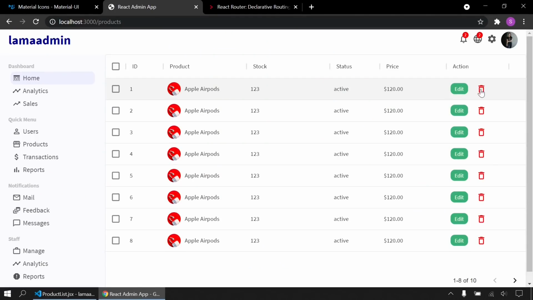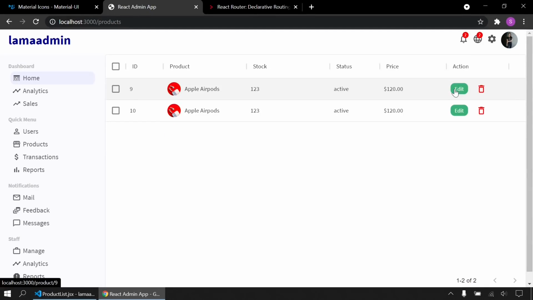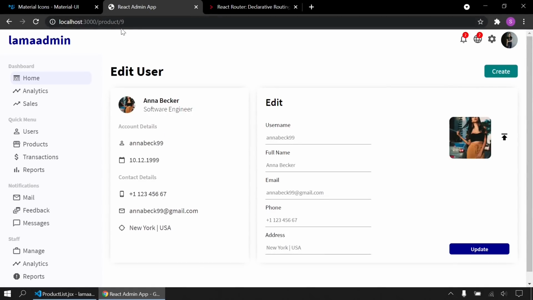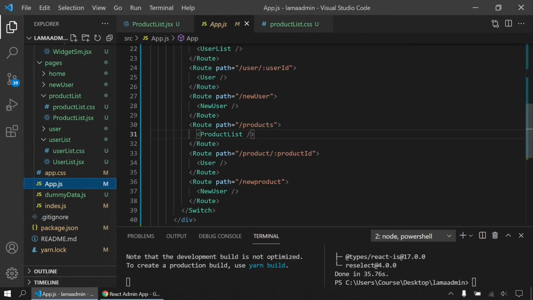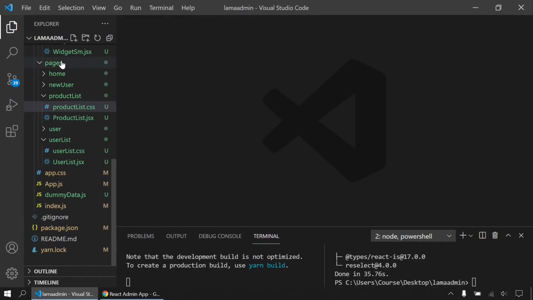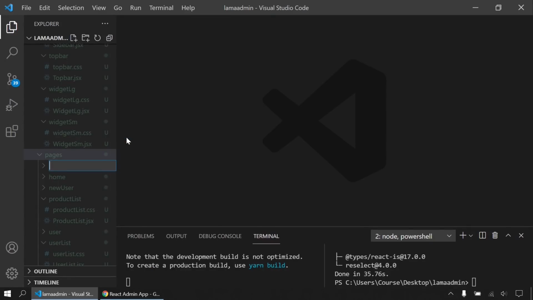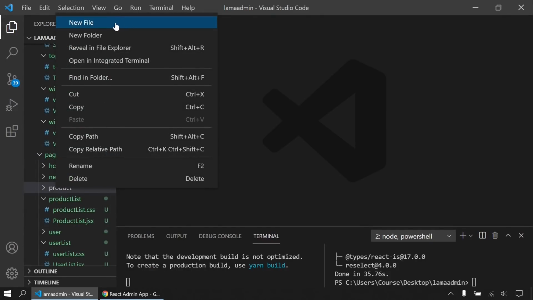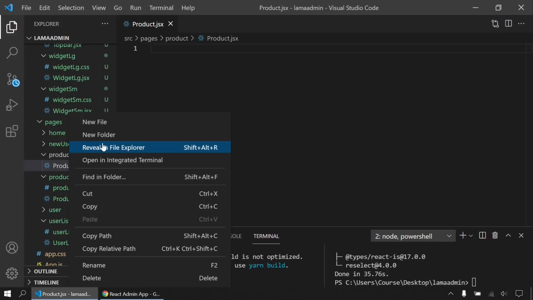Okay, so when I delete this, it's deleting. Awesome. When I edit this, it's going to product and this product ID. But as you can see, we see here user page. That's because in the app.js our route is user, so we are gonna change this. That's because we don't have any page. Let's create here, I will say product. It's gonna be product.jsx, product.css,